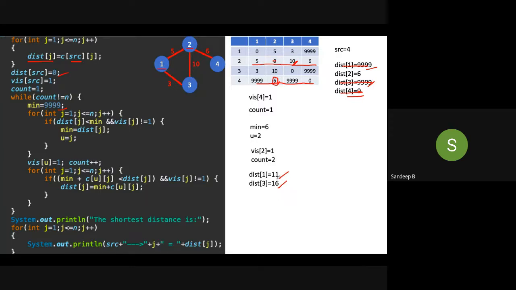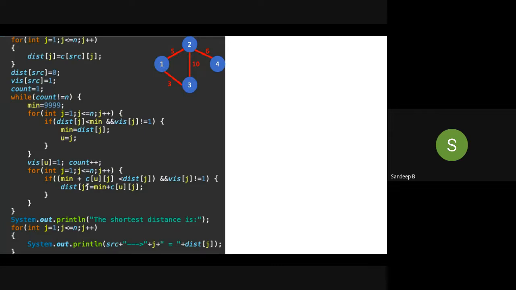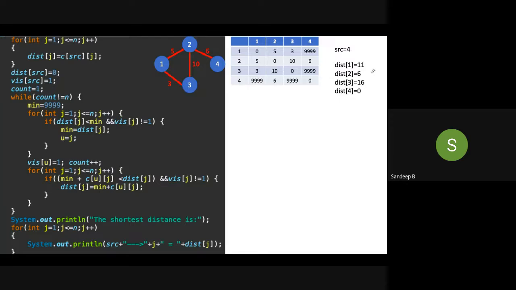Again, we'll go for the next iteration. Count value has been updated and the distance array has been updated with new values. Distance of 1 is 11, distance of 2 is 6, distance of 3 is 16.